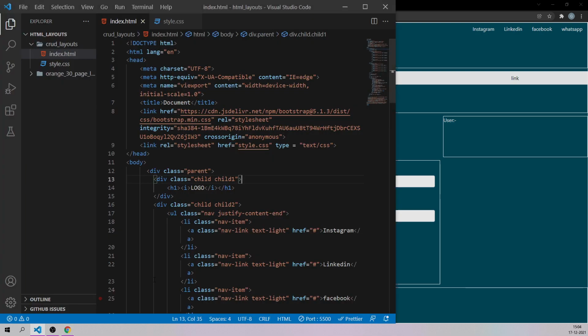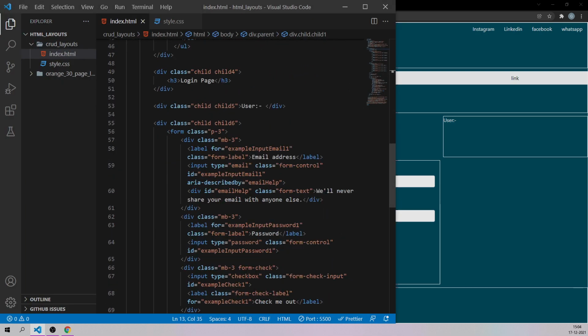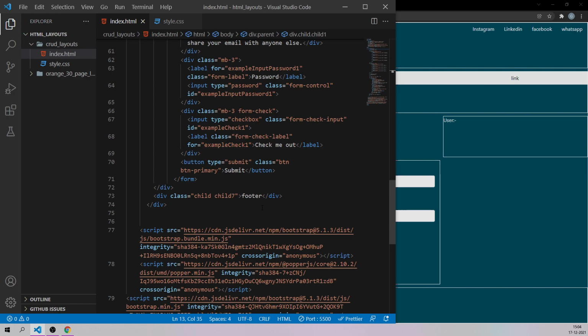Now let's come back to the HTML code, and the only thing left for us to design is the footer section.